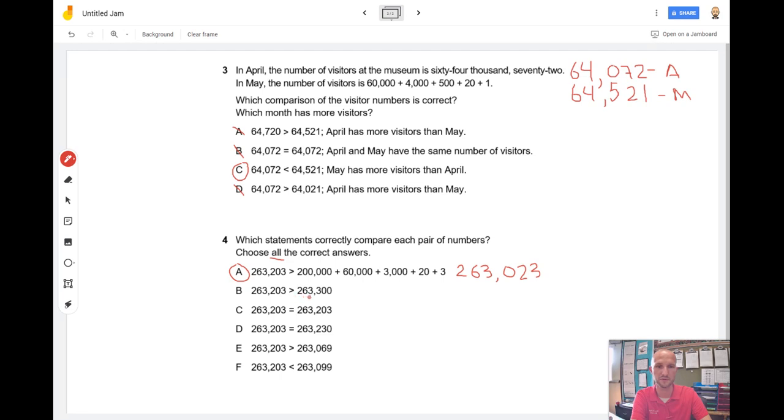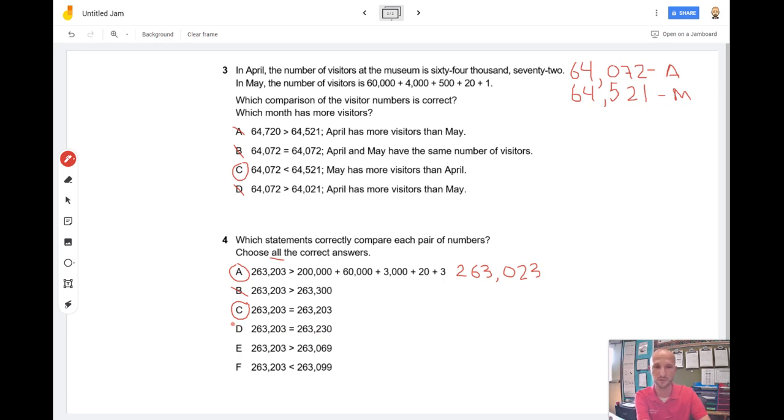263,203 is greater than 263,300. Thousands period is the same, but look in the hundreds place. This one is smaller, so that can't be true. C, 263,203 equals 263,203. Yeah, they're the same, so that's true. They equal each other. D, 263,203 equals